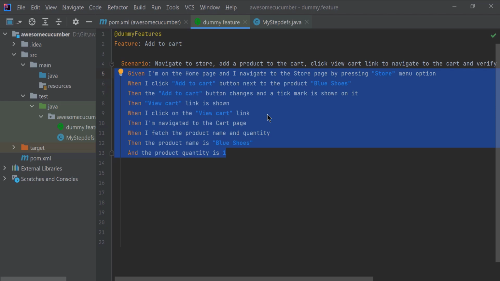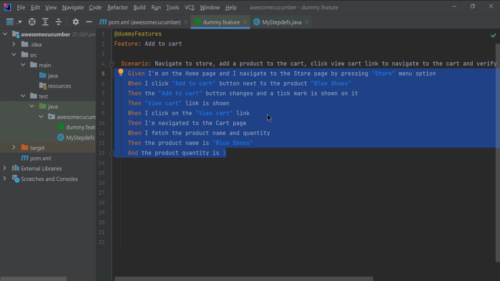When the implementation changes, the underlying layer should change. For example, the step definition method, or let us say the page object, if you are using the page object model, or some internal Java object, or let us say the JSON object, and so on.